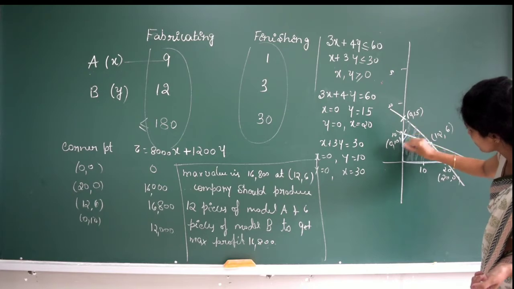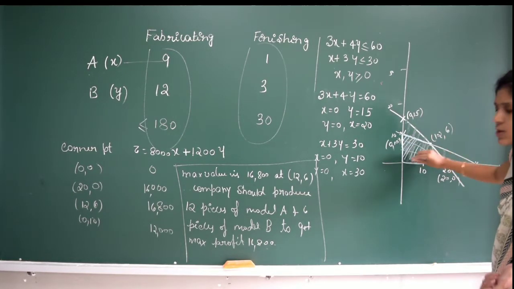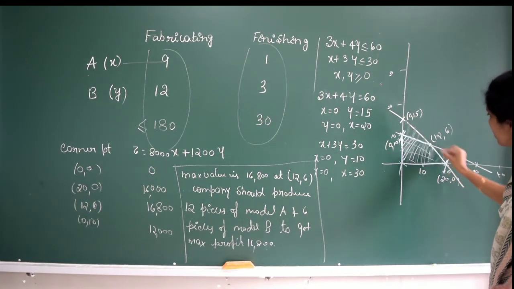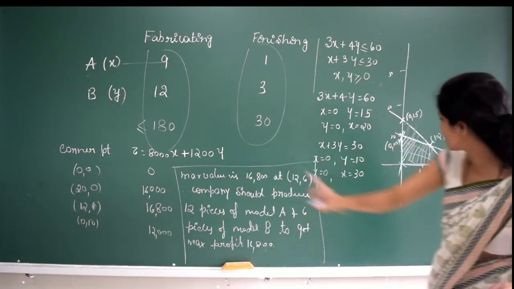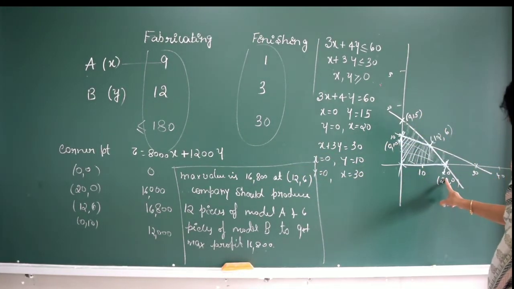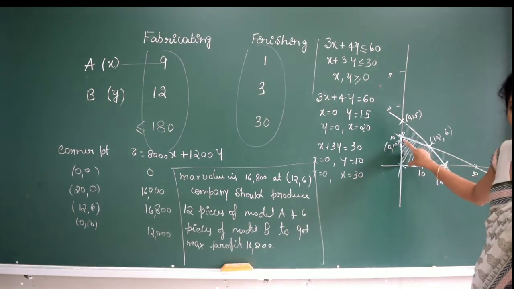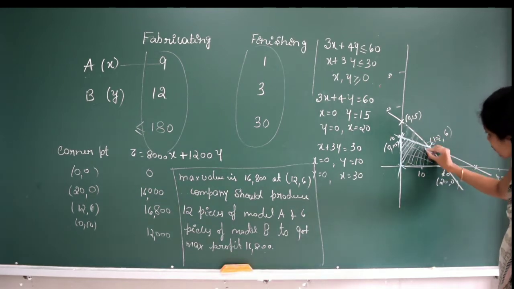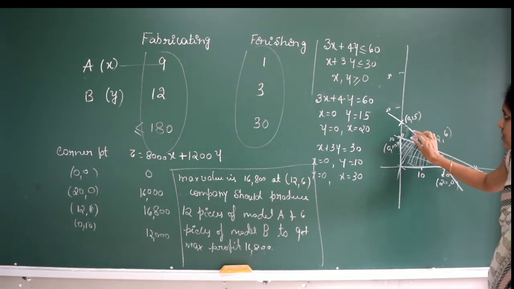I hope you understood this one. I think you can solve also. So this is the common region. So what are the corner points? This is one point, second, third and four points are there, right? So the points I have written there: 0, 0, then 20, 0, after that 12, 6 and this point will be 0, 10. See, if you have any confusion in this point, then what you have to do is just solve these two equations. Simple it is.